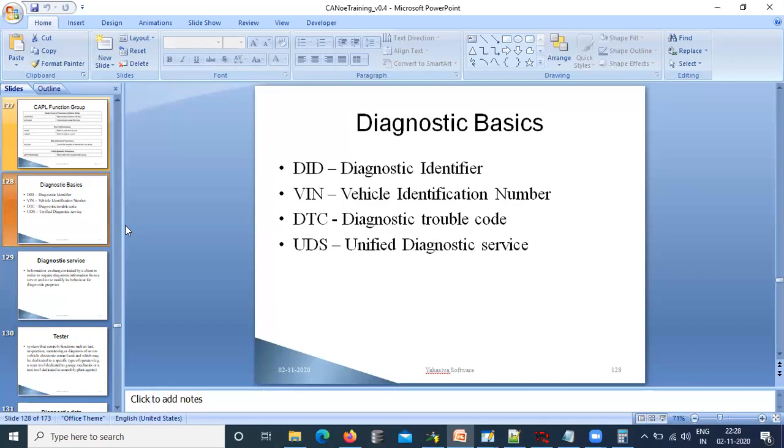Aged DTC means the trouble occurred, but at present that trouble is not there. It is aged, but the DTC will still be shown to you: this error occurred, but it is in aged state. There is a number, 7F means aged, some identification like that. If that number is shown, they will know the error is active now, so we have to solve the issue. If it is aged, they will see that the error is not available now, but it was logged, and they will think about why it was logged.